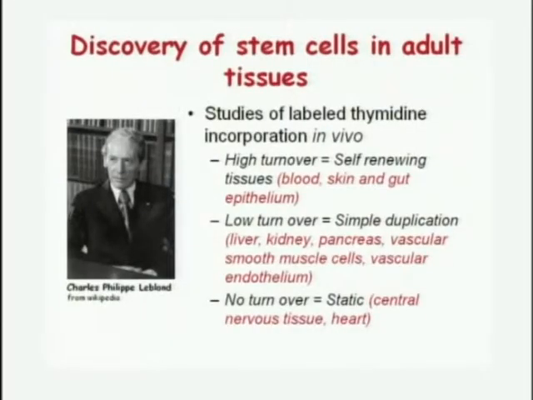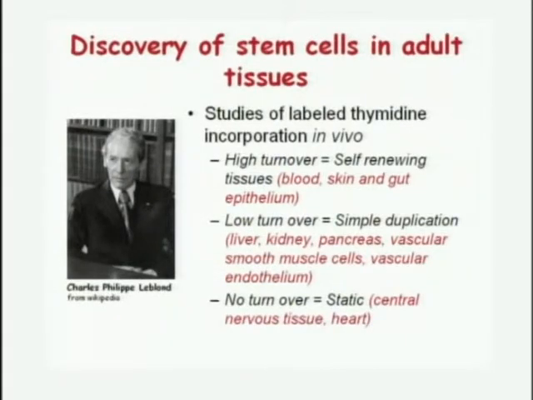So the first evidence that adult stem cells exist came from studies performed by Charles Leblond, a Canadian scientist. He lived to be 97, and he died a couple of years ago in 2007. Charles Leblond did some very clever studies using radioactive thymidine labeling in rats, and he was able to classify different organs based on the capacity of the cells to acquire thymidine. And he classified the organs in